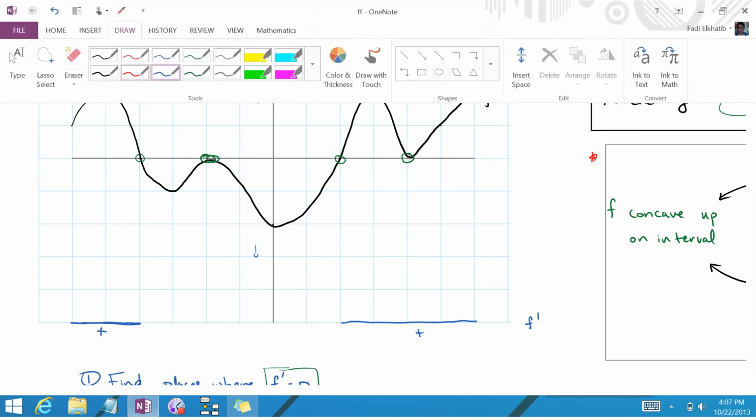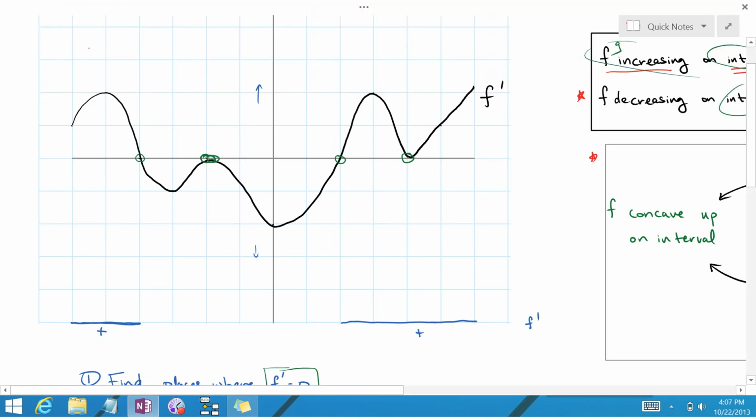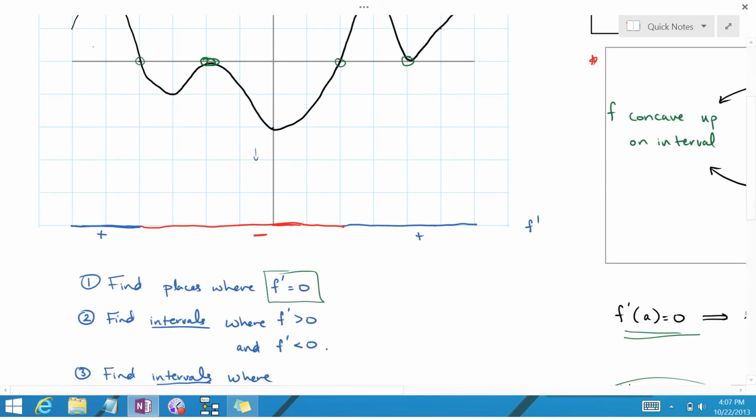Let me switch over to red. Okay, between those 2 points, we're negative. So on this interval, f prime is negative. Alright, so now we've circled the places where f prime is exactly 0, those zeros, and we've circled the places